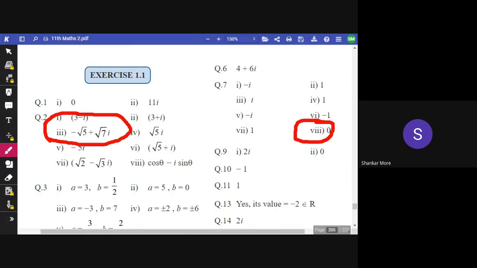So the first question is to find the square root of the following complex numbers. What we have to do is find the square root of a complex number. Yesterday we saw that the real part is equal to a square minus b square, and the imaginary part we keep as 2ab. Then we find the values of a and b, and put a plus bi as the square root of the given complex number. You must remember this because we learned it yesterday itself.